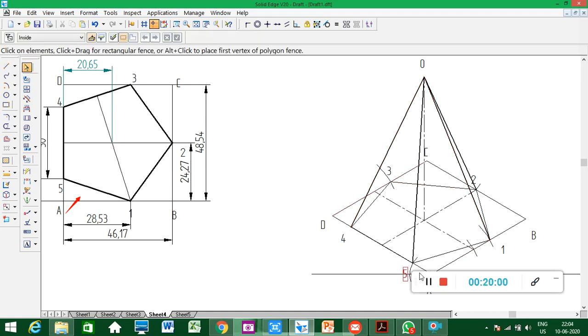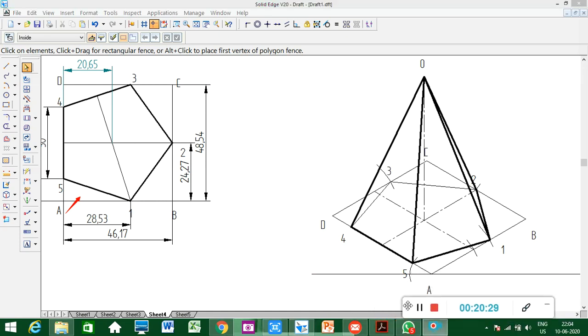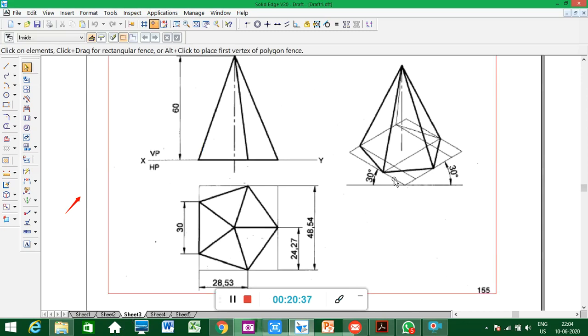So what I'll do now here, I make only dark these lines. See this line, this line, this line it is seen. This is also outline, I'm sorry, always seen. This line, okay, this line, this line. I'll make it dark. Okay, this is the solution. I hope you can understand. Now you can see the 3D here. See the 3D.